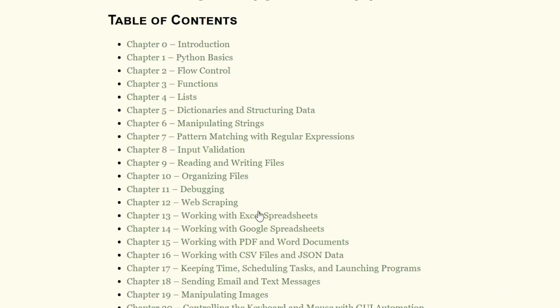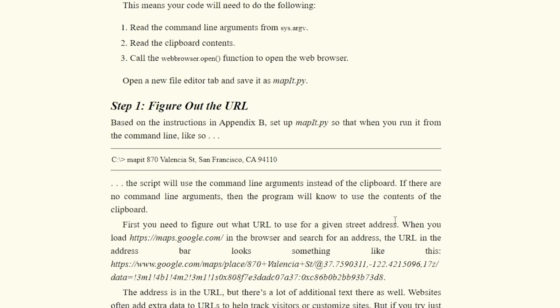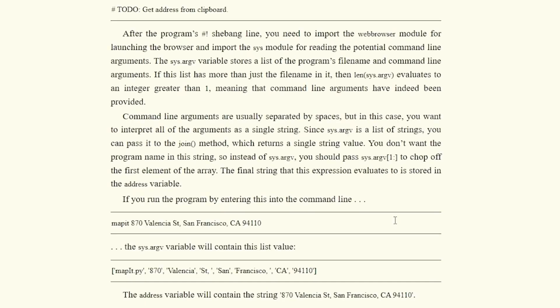Number 2 is Automate the Boring Stuff with Python. Now, this is a book that you can buy, but it's also free online. There's a free website, and there's a link in the description for this too. Now, this is a different type of learning resource for Python than the previous one. This shows you how to do little projects in Python. So it shows you how to do things like web scraping or use Excel with Python. So it's useful little projects which will give you experience of doing something else with Python.